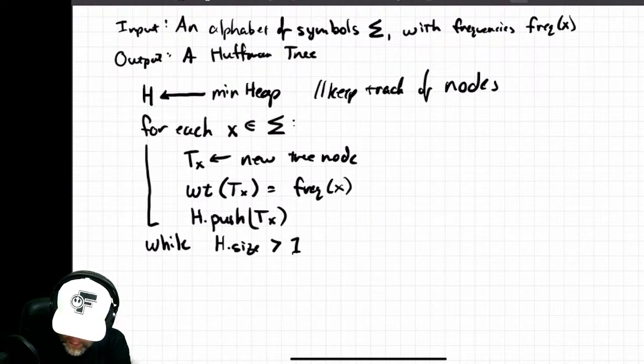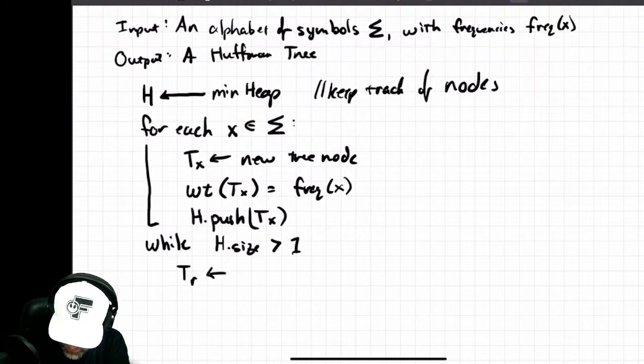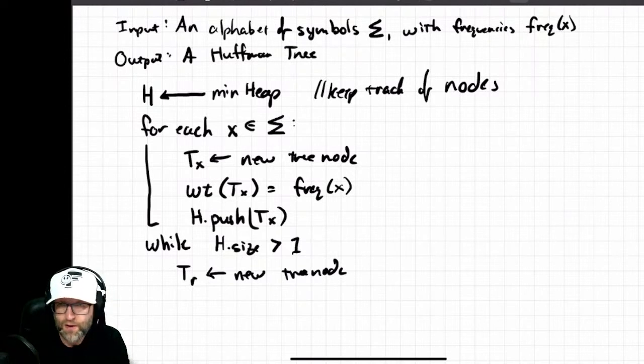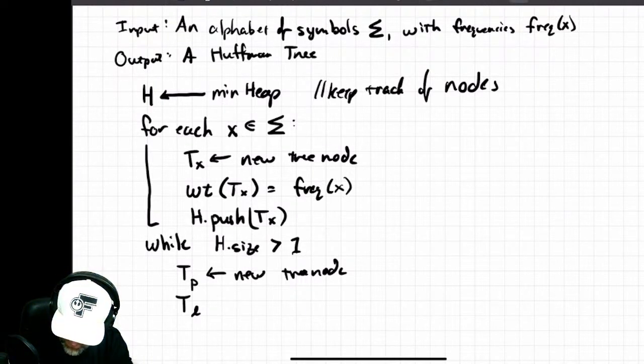I'm going to need to give myself some more room here, so unfortunately I might have to go to the next slide. But otherwise, what I'm going to do is create a new tree node. That's going to be the parent of the two that I pull out. So I'm going to use different variables here. I'm going to call this P because it's going to end up being the parent of the left and the right. And so TL and TR, I'm just going to pull out the minimum value